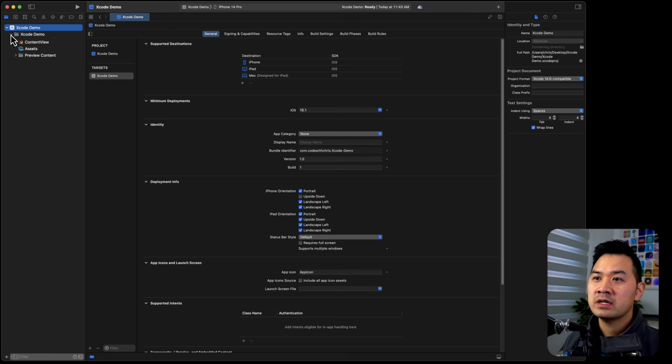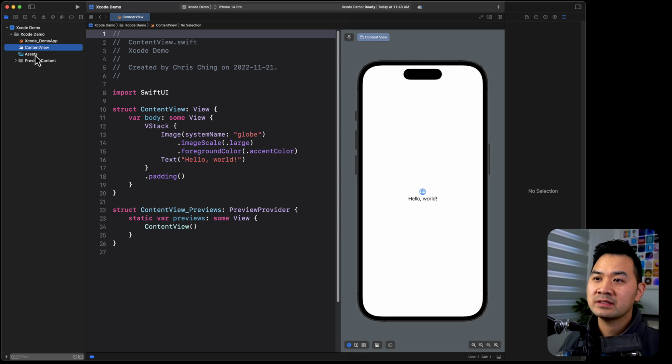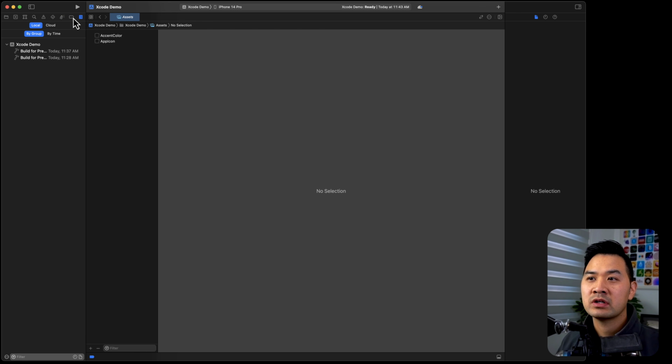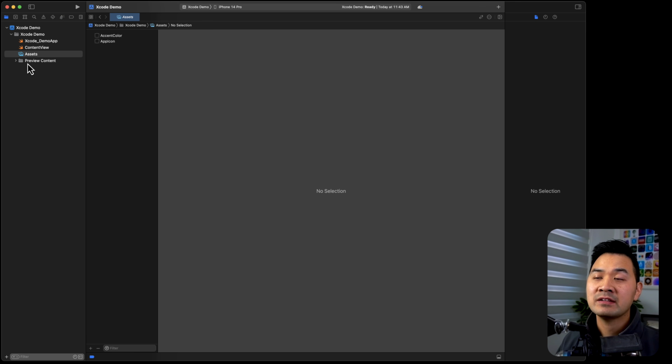So you can see these are collapsible folders. These are the files. These are the asset libraries that you learned about in lesson 1. But notice across the top here, there are tabs to the navigators. This first tab is the file navigator or project navigator, but there are different types of navigator. So you will encounter these when we get farther along. Right now, there's not too much to see. I would leave it on this first tab under file navigator, project navigator, so you can take a look at